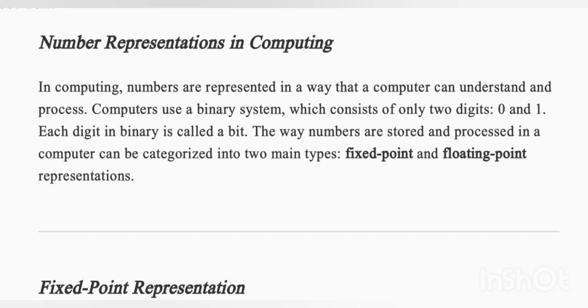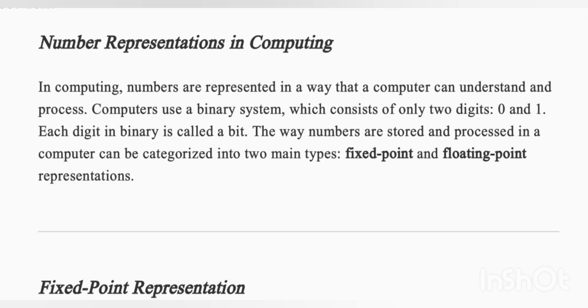Number representations in computing. In computing, numbers are represented in a way that a computer can understand and process. Computers use a binary system, which consists of only two digits, 0 and 1. Each digit in binary is called a bit. The way numbers are stored and processed in a computer can be categorized into two main types: fixed point and